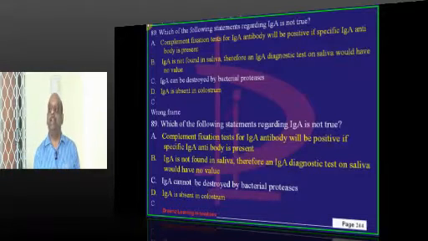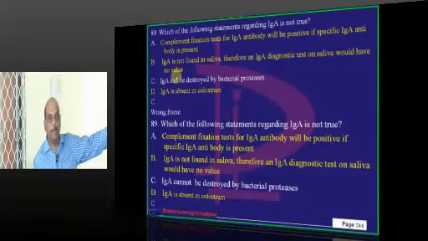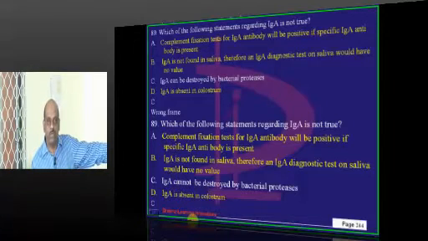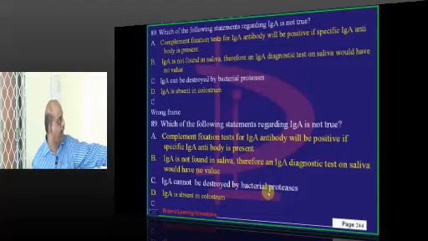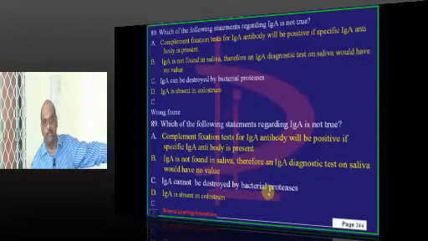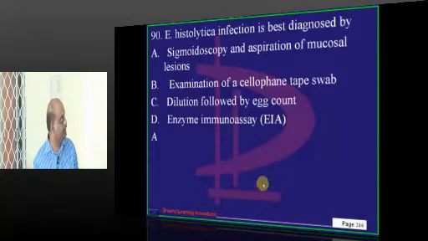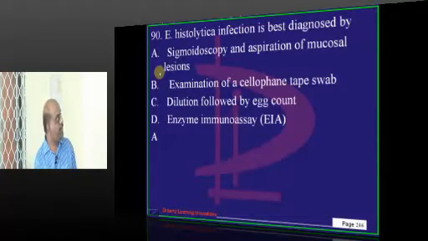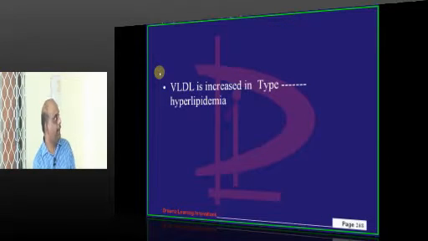This question requires a repair, doctor. This was a wrongly framed question. Probably we must convert option C into "cannot be destroyed" and make all the remaining statements true, and that will become the only not true statement in that scenario. So this repair is required in the framing of the question. Okay, now it is sigmoidoscopy which is the best way to diagnose Entamoeba histolytica, amoebiasis, is what needs to be remembered.